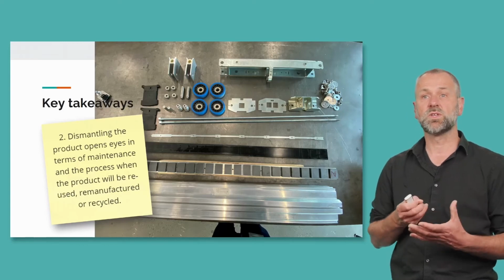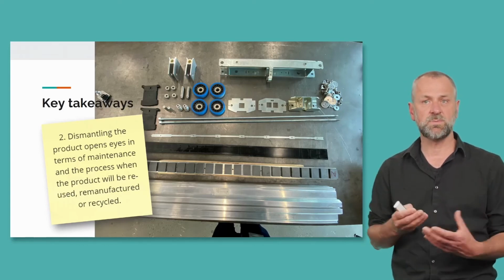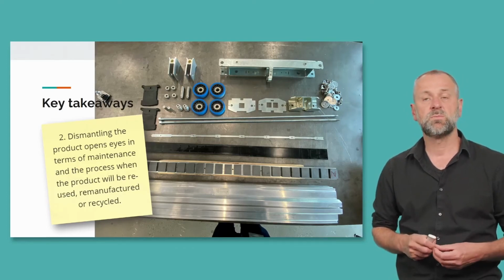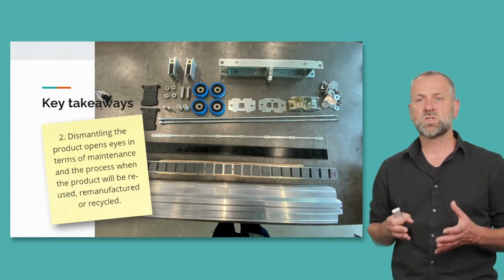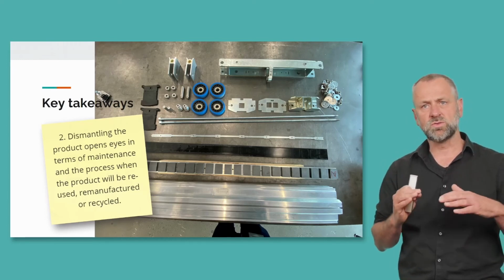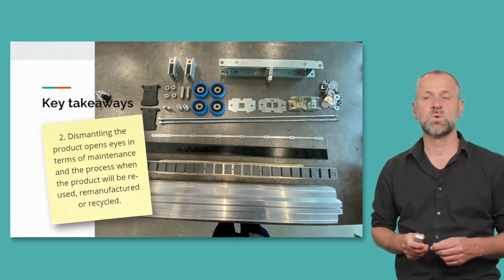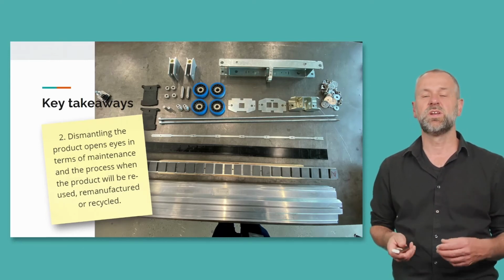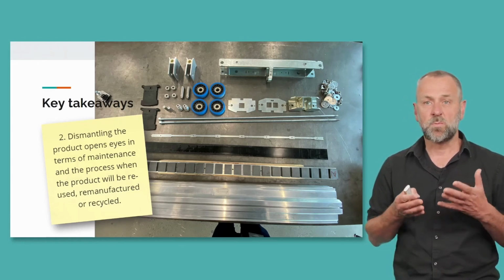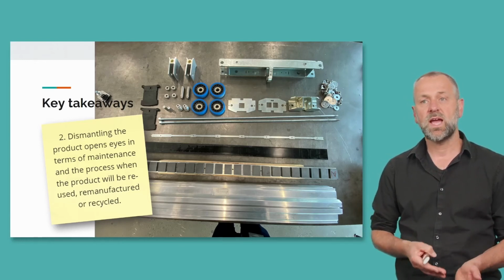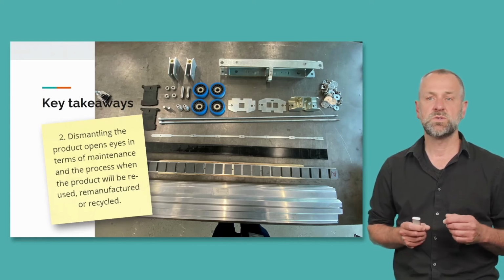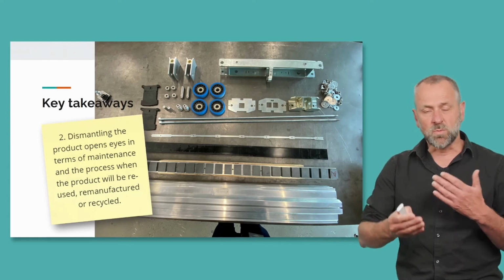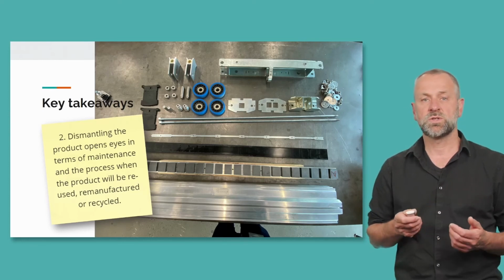Robin also dismantled a cross-sorter carrier, and the process of dismantling actually opened his eyes in terms of maintenance and the process of recovery. By slowly dismantling a product, you learn so much that this process alone is worth a lot. By doing this more often in a slow fashion, you will learn how parts are connected, how problems in these processes come about, and of course how to come up with solutions, which makes the disassembly process easier. By doing more disassemblies, you become more of a circular designer.